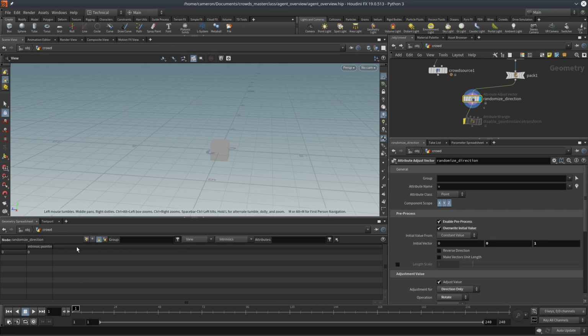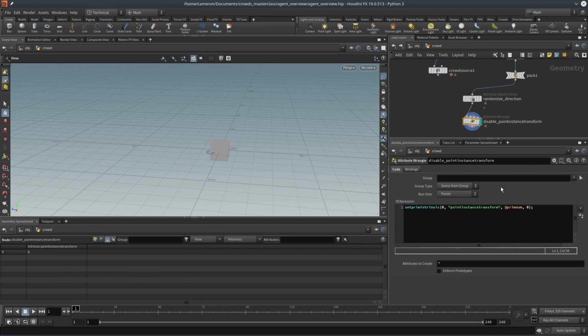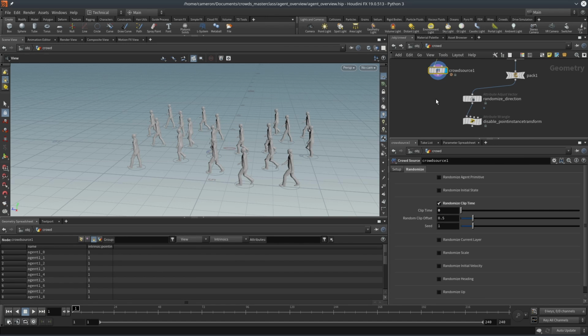And that's because the point instance transform intrinsic here is just set to 0. But if I turn that on, so just set this to 1, you'll notice that it does actually now affect the orientation of that packed geometry primitive. So having this on by default for agents is very useful because often we want to be able to just do stuff with the particle of the agent and have that influence the actual orientation of the agent packed primitive